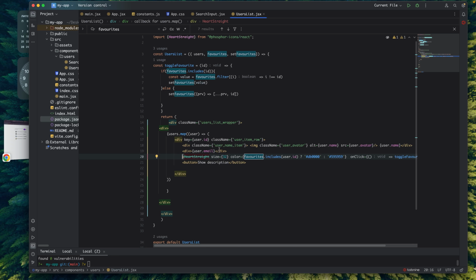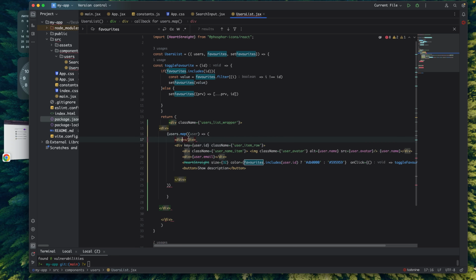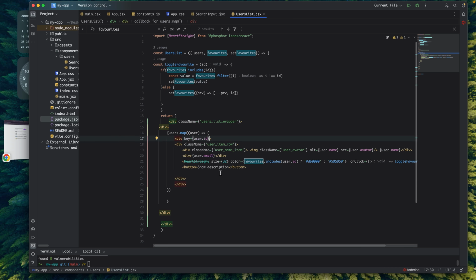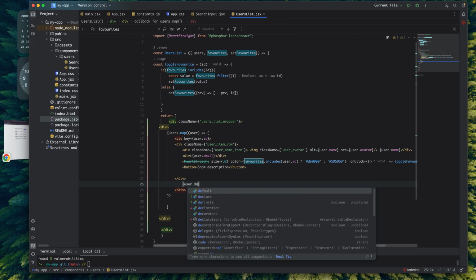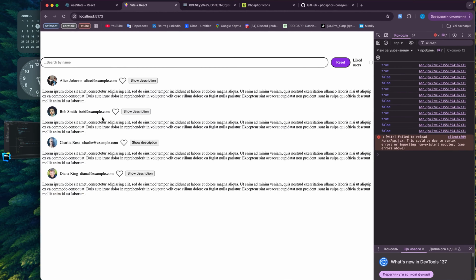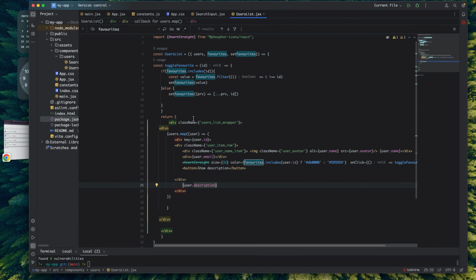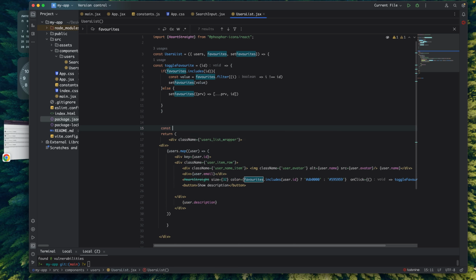I think we should change our component a little bit, yeah, something like this. Yeah, and user description. Yeah, very good. Let's add some state. const showDescription, setShowDescription, yeah, useState. By default it will be false. And